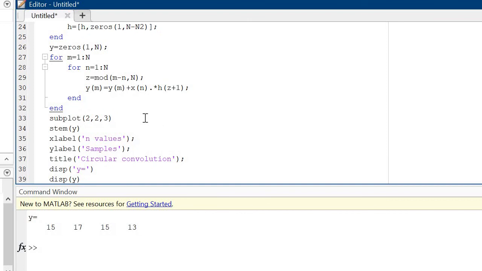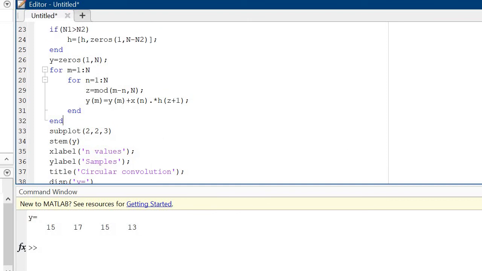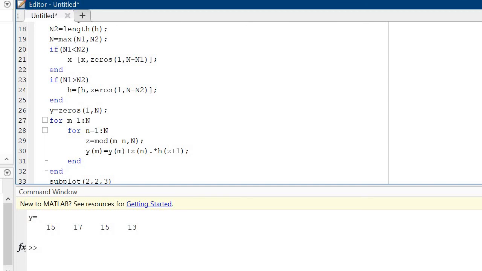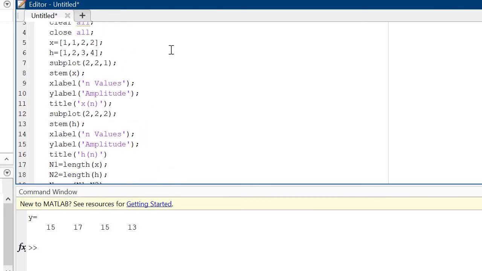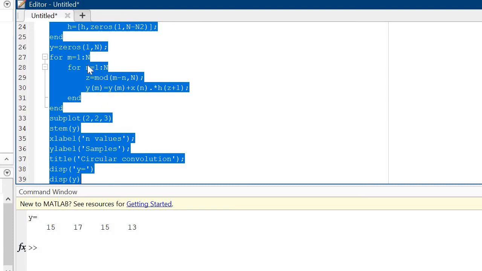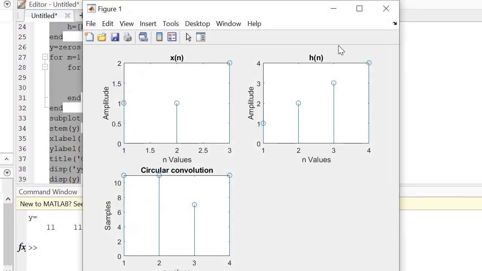So I also showed you already the formula, that is 0 to n minus 1. Okay, if you start with a 0, then write m plus 1 here. Okay, and if you start with a 1, then write it like that. Okay, this is all about the circular convolution process. Okay, and if I take 3 values, then what is the result? Okay, this is my result.